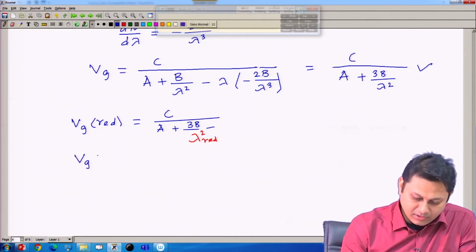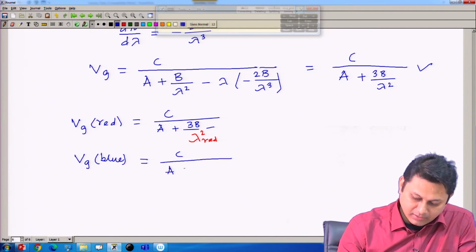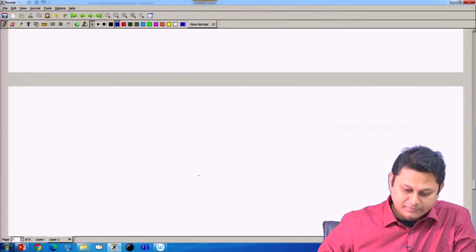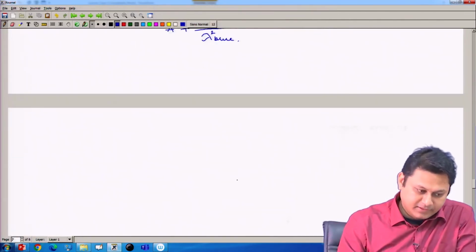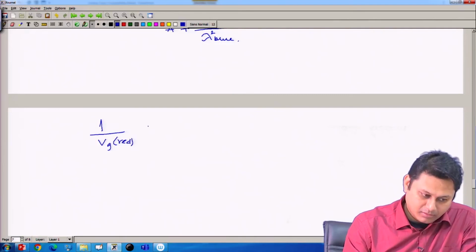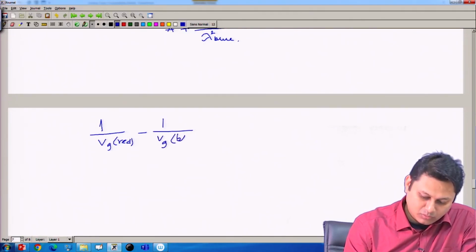And Vg blue is C divided by A plus 3B divided by lambda blue squared. If I try to calculate the term 1 divided by Vg red minus 1 divided by Vg blue,